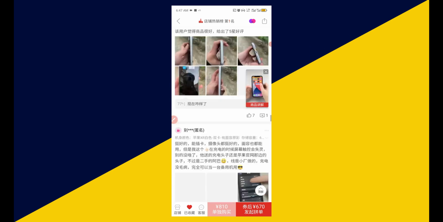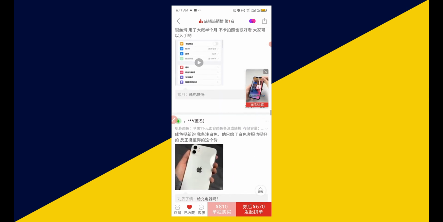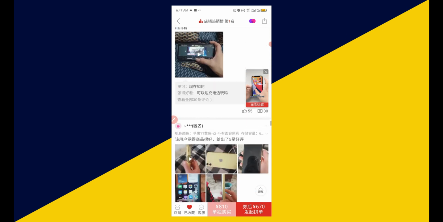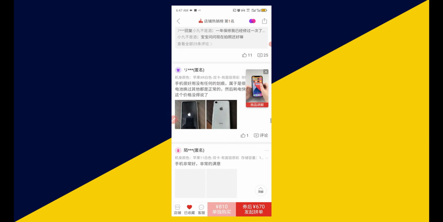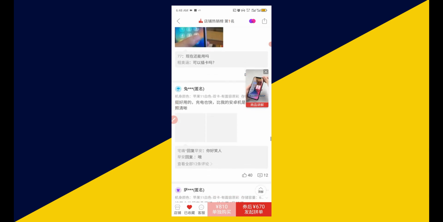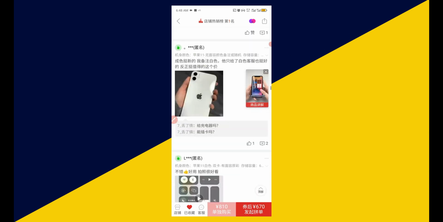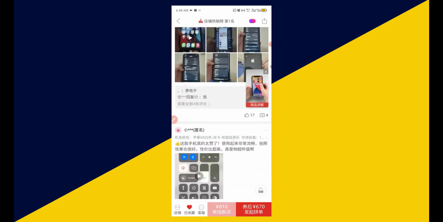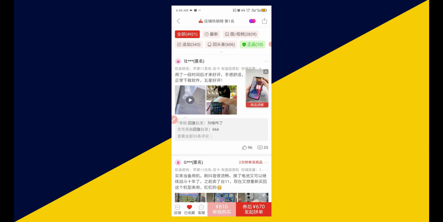Some of them will go ahead and upload the product video and how they use it, just like what you see right here. The more you scroll down, the more you see different ratings by different buyers. However, this depends on the number of the product they have sold in the past to different buyers, as the case may be. So once you verify the product from the previous buyers' ratings, then you can go ahead